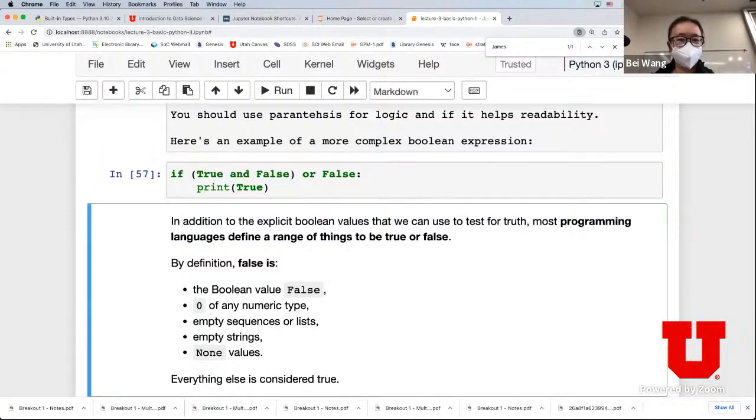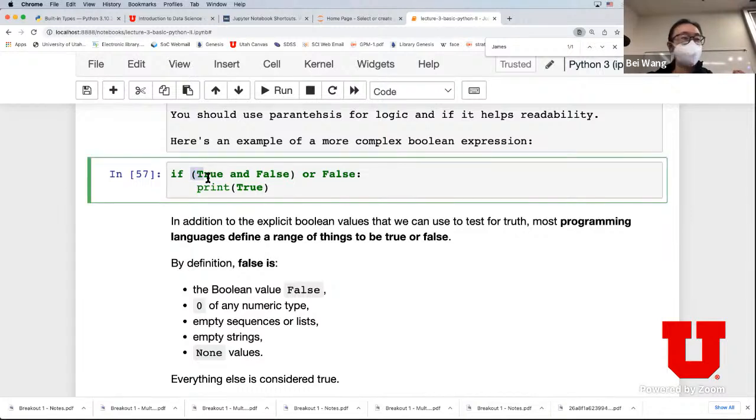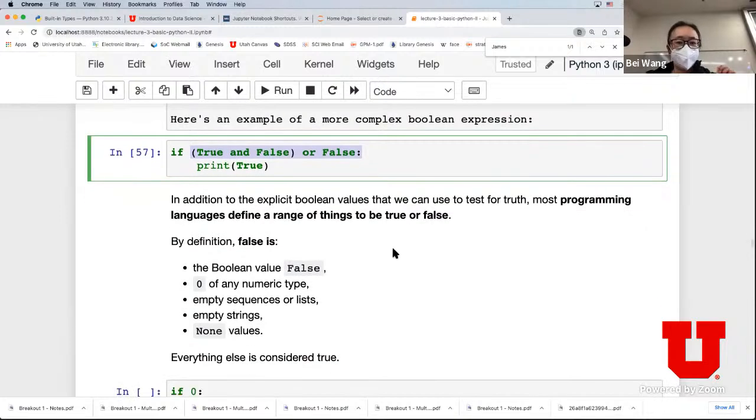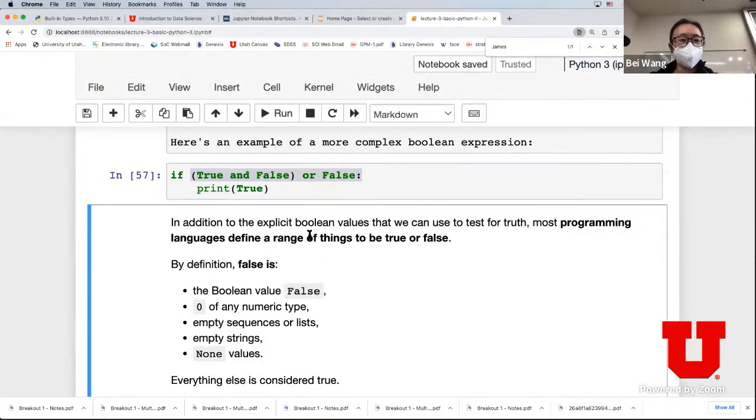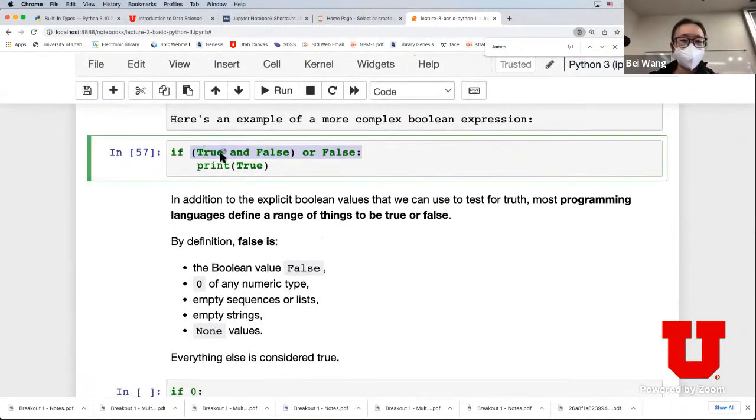Oops, sorry, my keyboard. It's not going to do anything because this argument here evaluates to false. So when you think about the conditional statement, whenever something evaluates to true, then you do what's after it. Otherwise, you're going to do something else. So in some sense, there is an evaluation of this thing being true in order to proceed. And then of course, the question is, what are the false